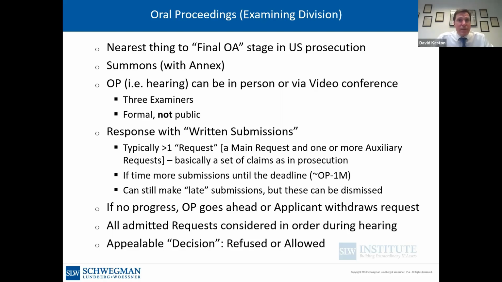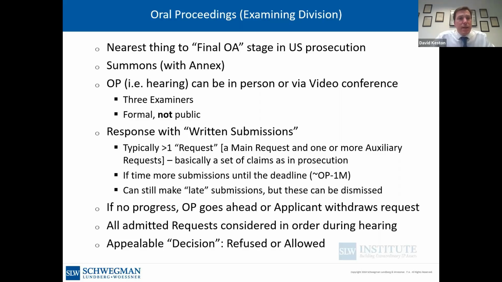You'll see every single letter in response to the EPO that an EPA will file will have at the end of it a request for this, and this is essentially a procedure which allows the tying up of all the loose ends, a final decision to be reached. It starts with a summons. Attached to the summons simply says a date and a time and a place,